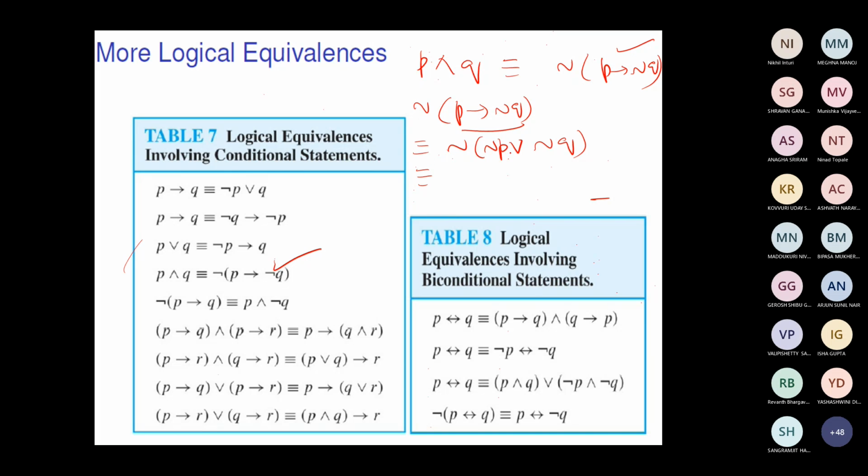So whenever you use De Morgan's law, what happens? It is like A union B the whole dash, so it should be A dash intersection B dash. So that is P and Q. Or directly also you can write. This is the way you said.